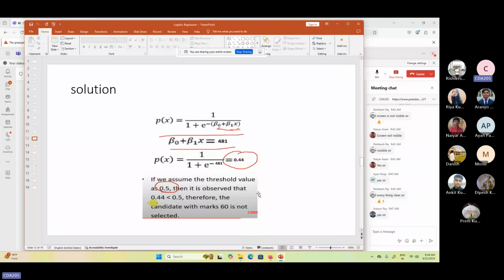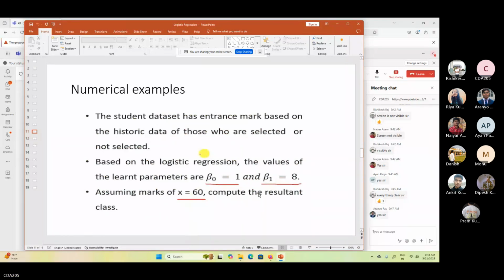Okay, are you clear with this equation? This problem, everyone, are you clear with this problem or not? बीटा नॉट और बीटा 1 की वैल्यू दी हुई है, x की वैल्यू दी हुई है. Now you can listen to me. तो देखो इस प्रॉब्लम में हमें बीटा 1 की बीटा नॉट की वैल्यू,